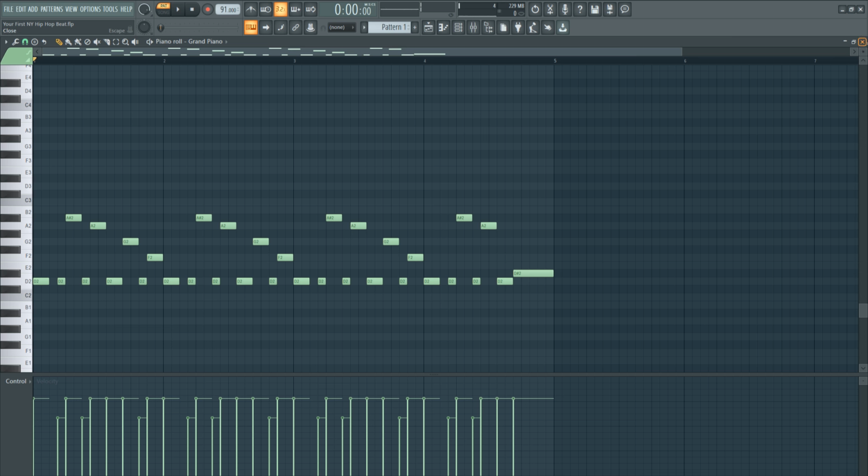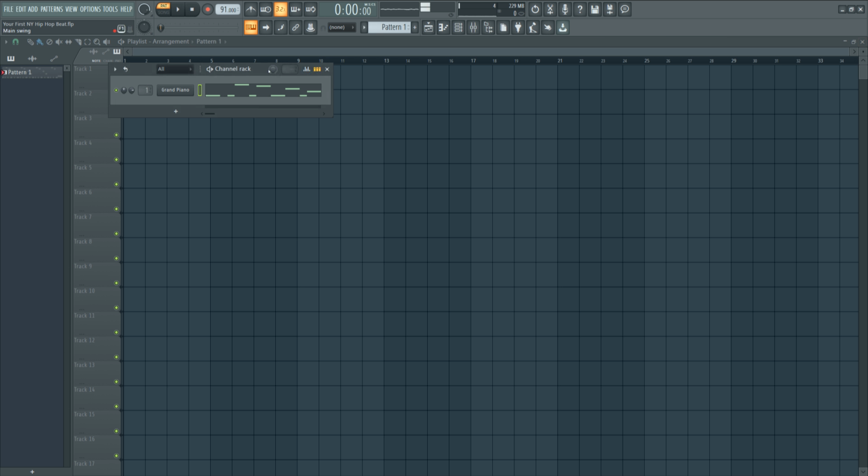So now let's X out, and I want to show you the magic here of FL Studio. There's so much you can do with this. In FL Studio 20, they've added stuff, but this was here before, just in a different spot. We're going to use the main swing knob here and turn that up.